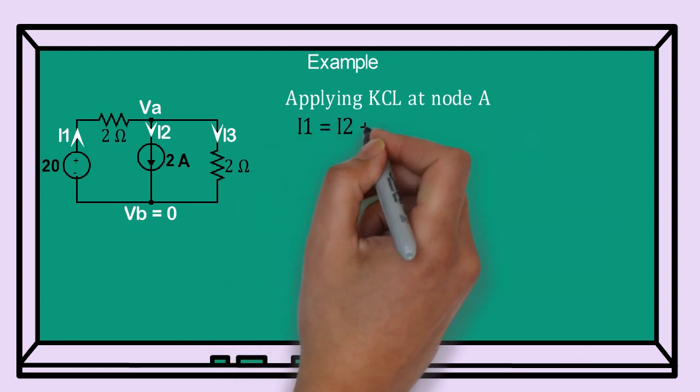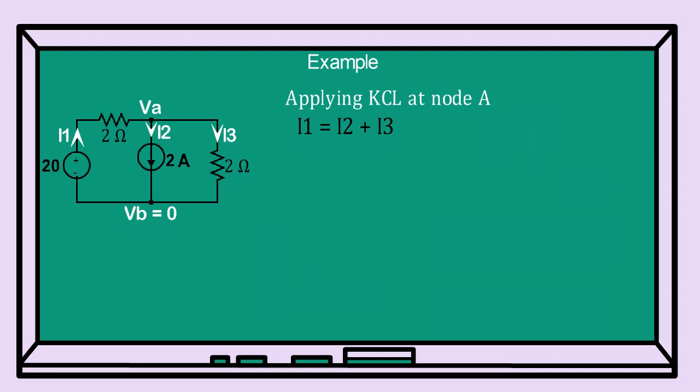Now, as seen earlier, in branch I1, a voltage source and a resistor are connected. As current is flowing from B to A, here the potential difference is VB minus VA. However, the battery will act like a voltage riser, as current is passing negative to positive inside the battery. Friends, here I2 is the 2 ampere current source, so it is directly written. I3 is passing from VA to VB, and only a resistor is connected in between. So the current equation can be written as VA by 2.